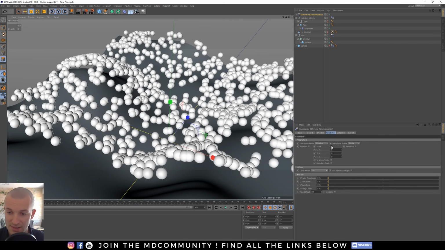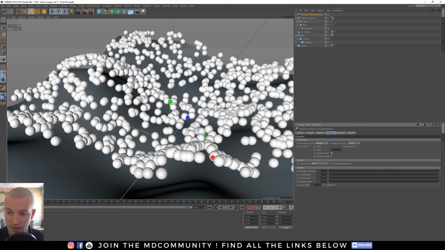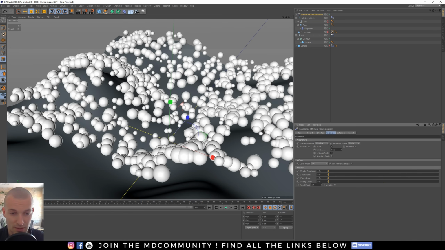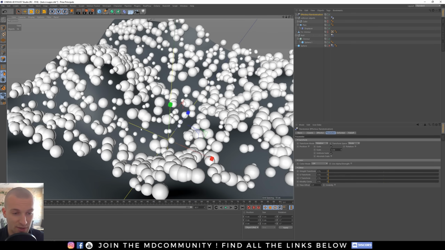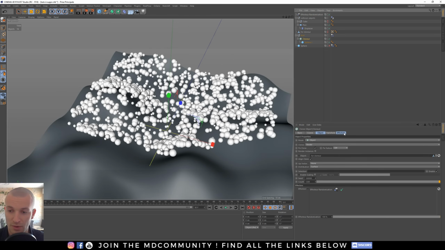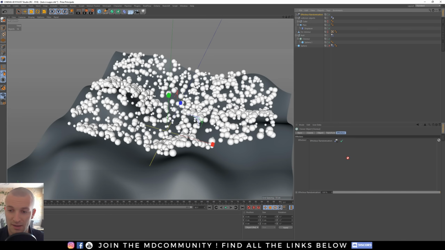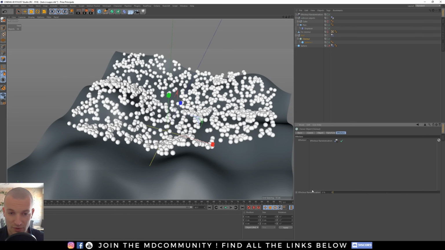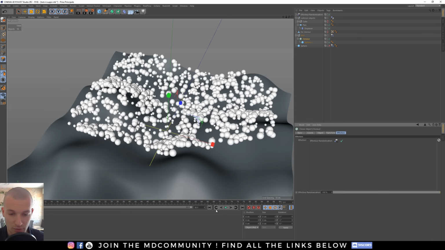So I check scale, check uniform scale, and now you have the difference: little spheres and huger ones. If it's not working, go on your cloner, go in the effector tab, and drag and drop the random effector in the effectors list. You can activate or deactivate an effector. Okay, cool.